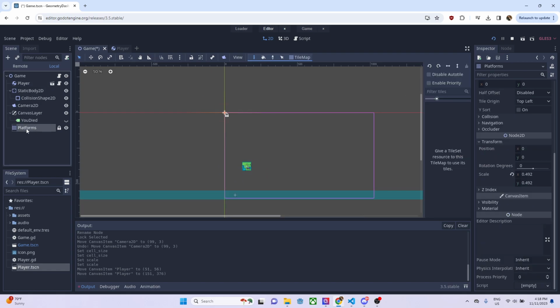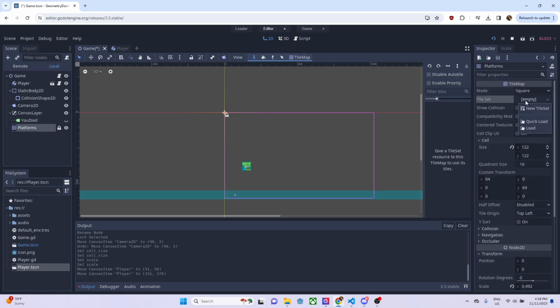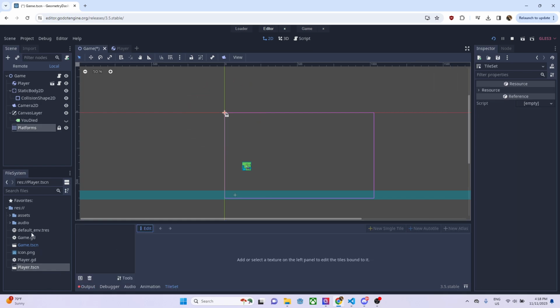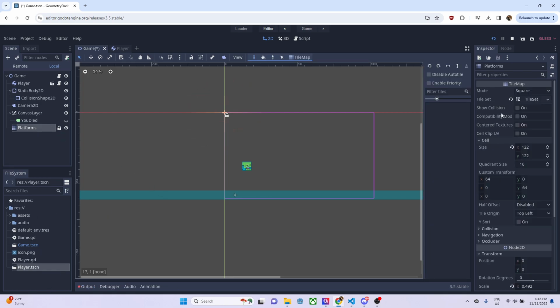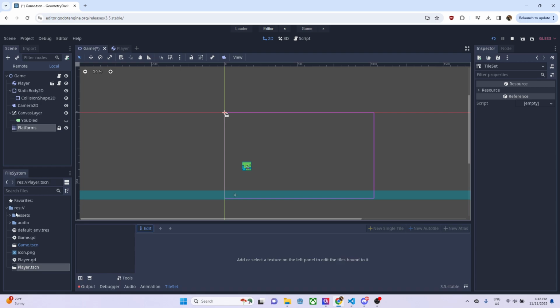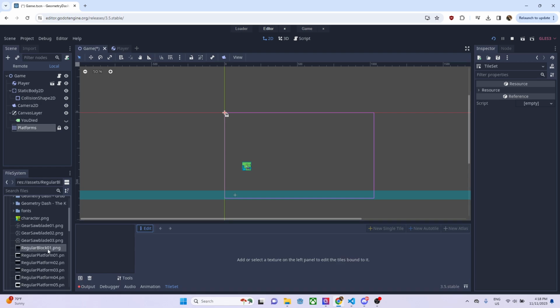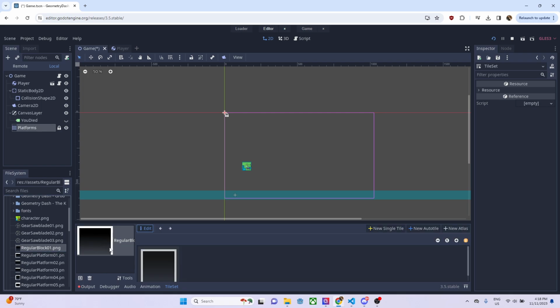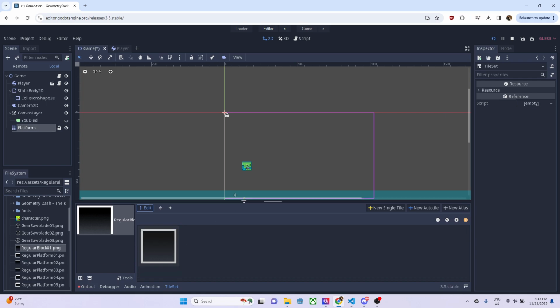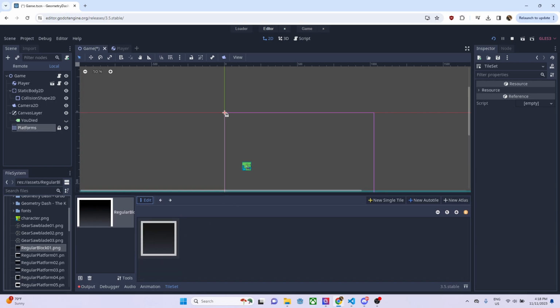So now going back to this node, create a new tile set, and click into this tile set. So you basically go here, new tile set, and you click it. Now going into the assets folder, find regular block 01.png, drag this into this left box like that, and you should be able to see the image down there. And now click new single tile,